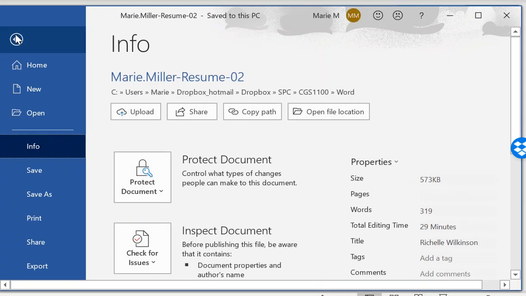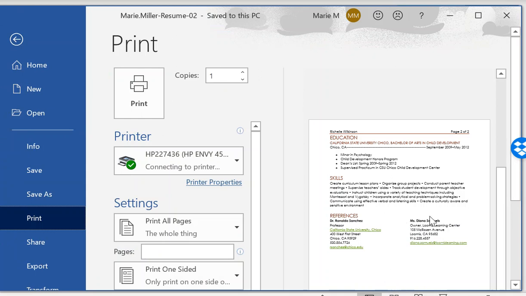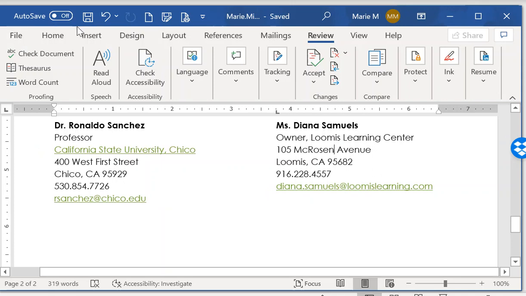The very last thing, File, Print, and I can actually see what my document's going to look like. I have 2 pages. I compare that to the final result that I'm looking for and save it, close it,